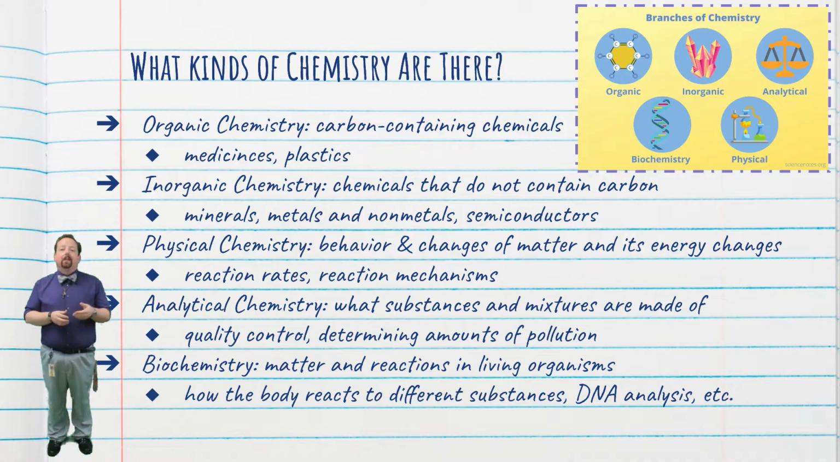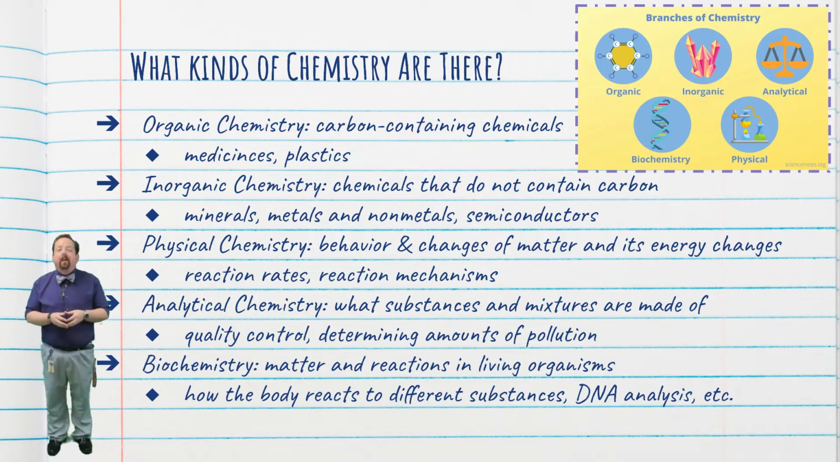In analytical chemistry, we analyze things, basically. We try to figure out what substances and mixtures are made out of. Analytical chemists are often in charge of quality control, or analyzing water samples, for example, to see what types of pollutants are present. Lastly, biological chemistry, or biochemistry for short, is the study of matter and chemical reactions in living